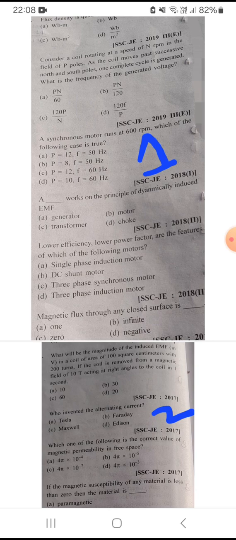Magnetic flux through any closed surface is A, 1, B, infinity, C, 0, and D, negative. The correct option is the option C, 0. Magnetic flux through any closed surface is 0. Option C is the right answer. Next,